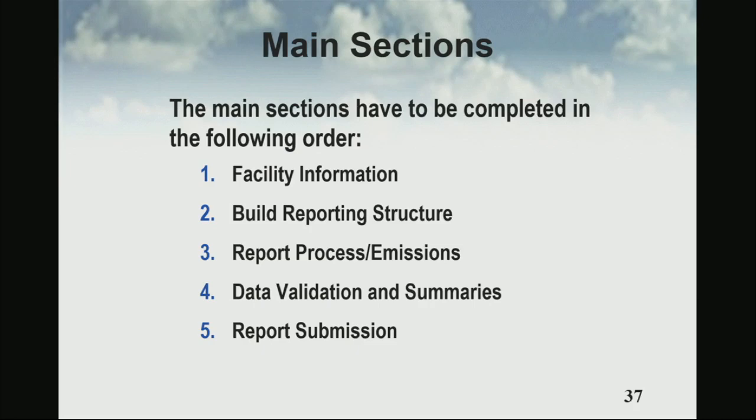The way I usually describe it is that the tool has two ends. The front end is your facility configuration, your equipment, your permitted equipment, and your equipment configuration. The back end is your throughput information and emission information, which changes every year. The front part, once you set it up, and if your facility doesn't go through modification, doesn't change, it always remains the same. The report submission, and in certain instances, you can submit your payment electronically.